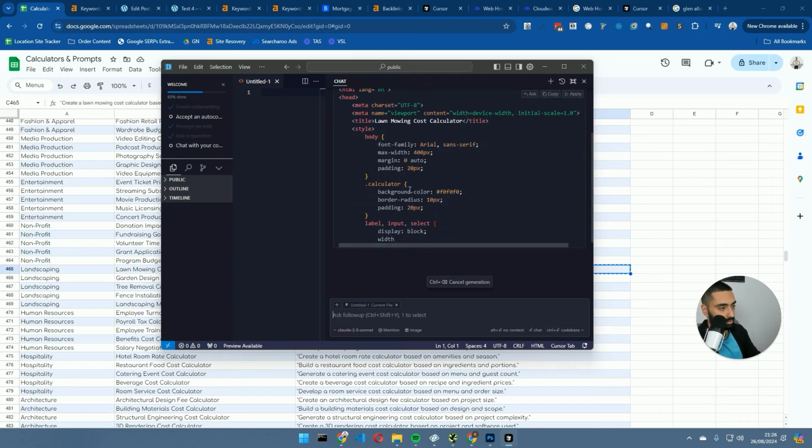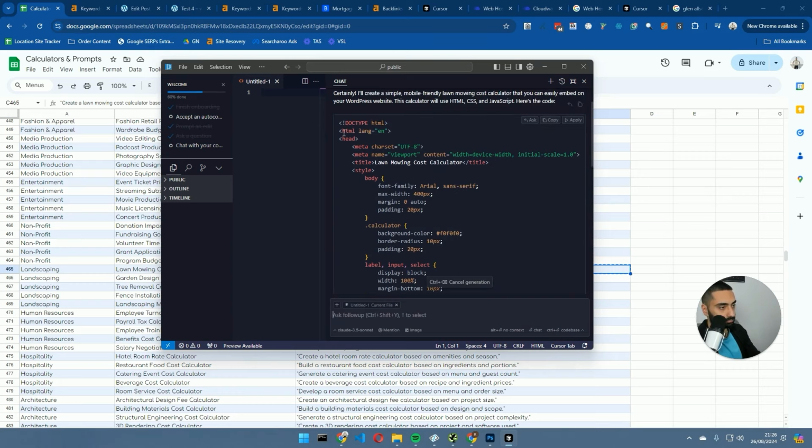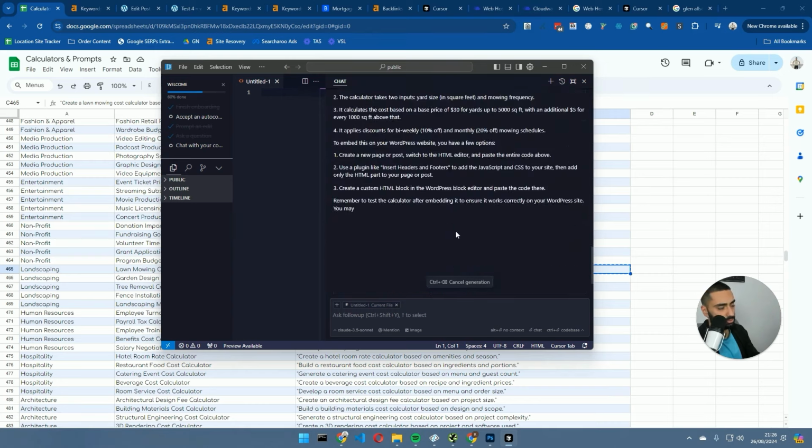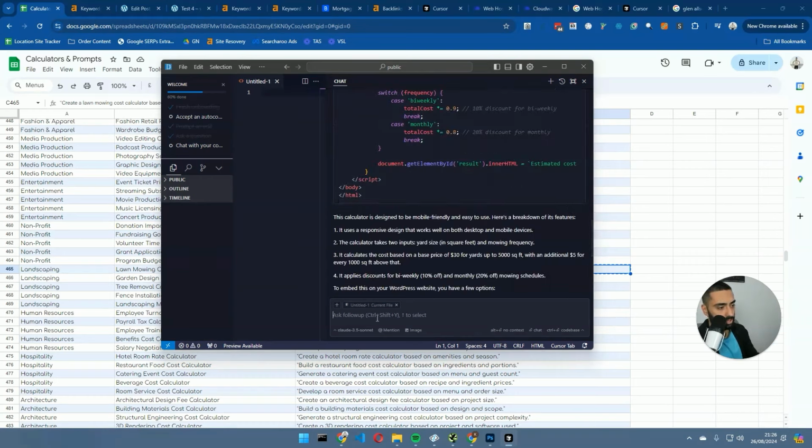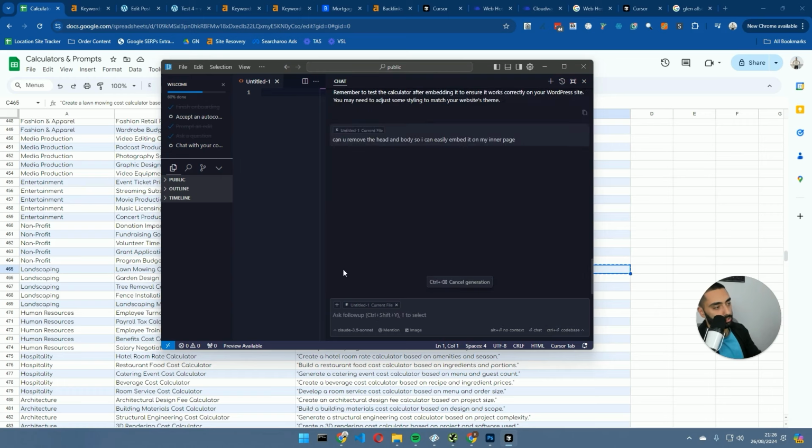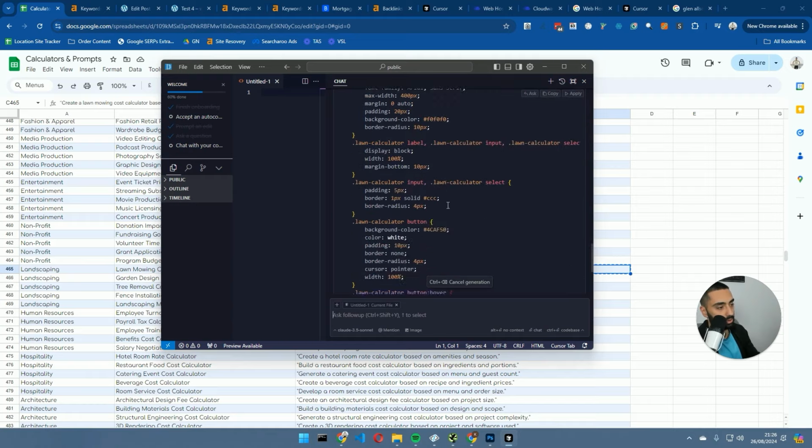And then, as you can see here, it has included the HTML and head, but we'll tweak that in just a second. So it's finished generating. Then I'm going to say, can you remove the head and body so I can easily embed it on my inner page? So that's just going to do its thing,